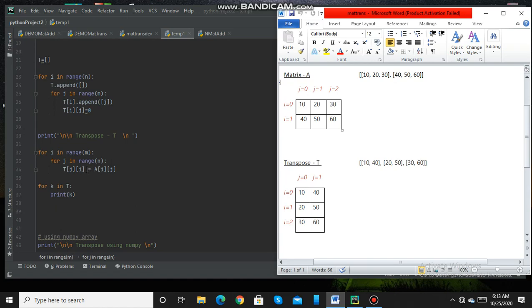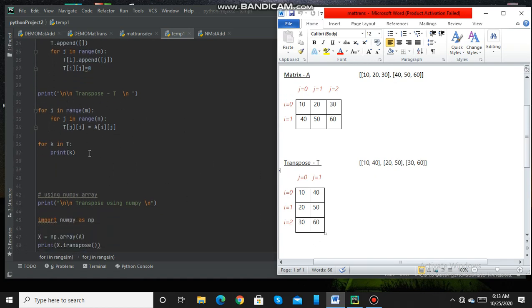That will be moved to the transpose matrix to T 0, 0, 1, 0 and 2, 0. That is this column. So the 0th row is moved to the 0th column. Then I value becomes 1. Then the first row is switched to the first column of the transpose matrix. So now we have created the transpose matrix, and here we are printing this transpose matrix.